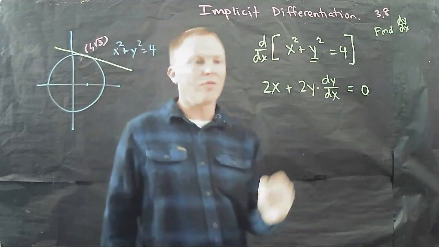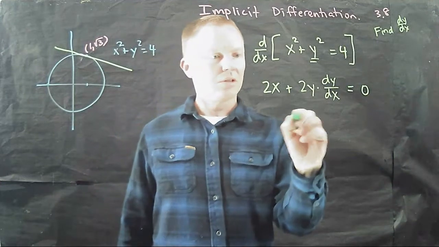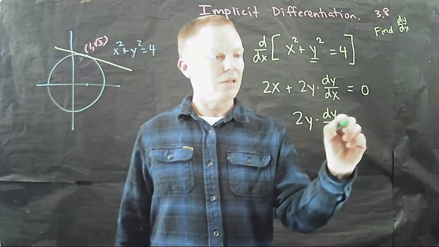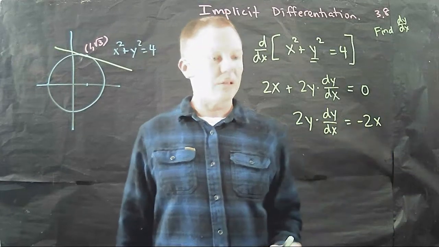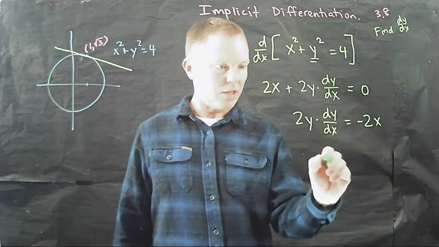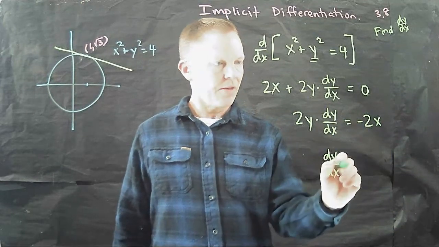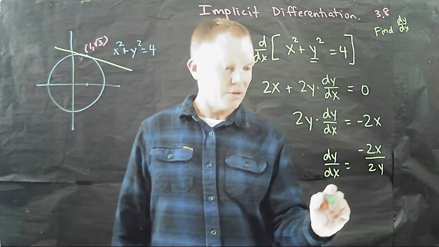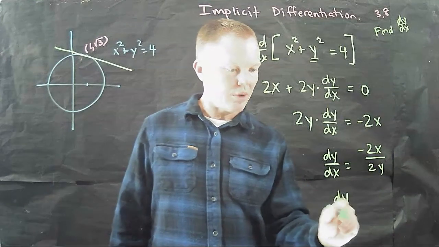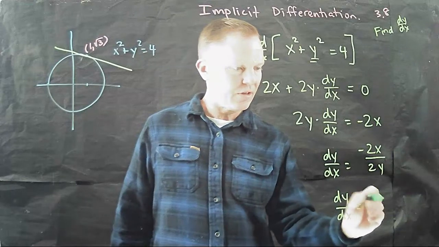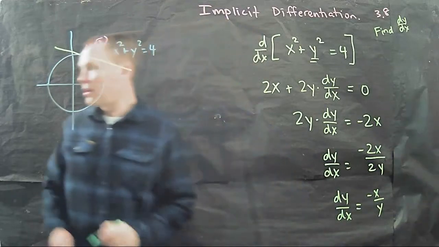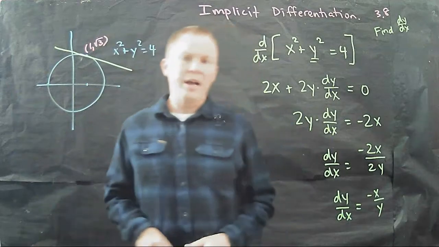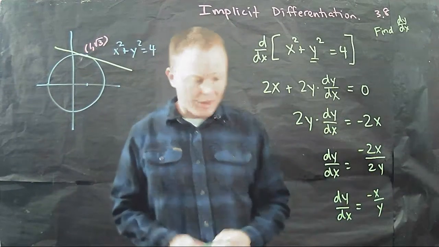Okay, and now we'll solve this for dy dx. So 2y times dy dx equals negative 2x. So dy dx is negative 2x over 2y. Or dy dx equals negative x over y. Okay? Now, what's the significance of that answer? Okay? That result now,